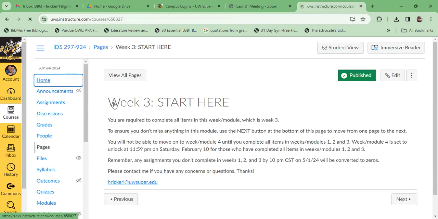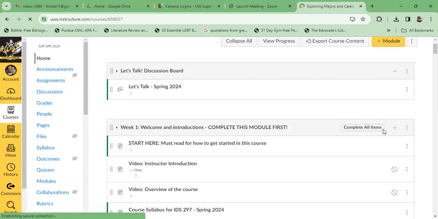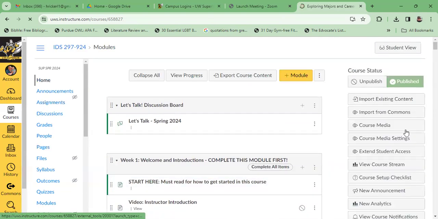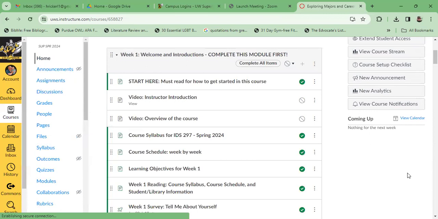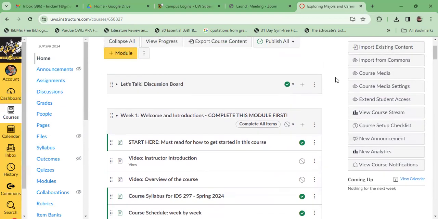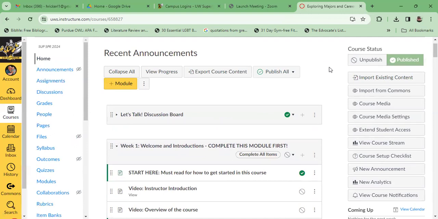Okay, so when you look at the home screen, sometimes what you'll see down in this area is what's coming up next. So that's a good thing. Otherwise, just get a hold of me. Make sure you read through that syllabus and the course schedule week by week to be sure that you have all the information you need. But I'm always willing to help and just need you to reach out to do so. So use my UWS email, message me here on Canvas in the inbox. That's fine. And I'm looking forward to working with you this semester.